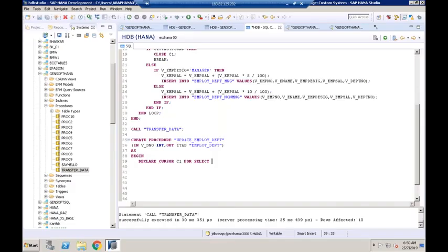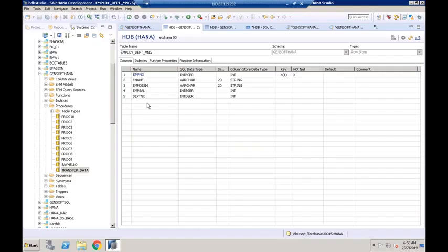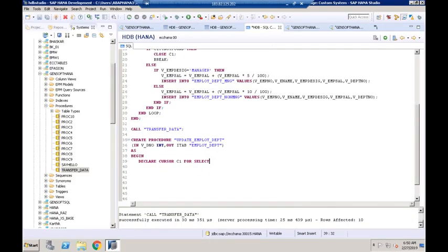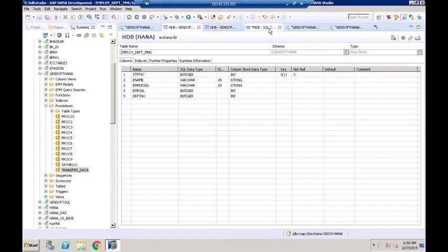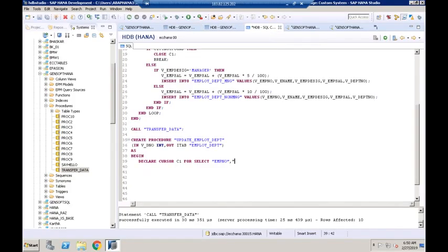Here again, I did not say star because unnecessarily, why should I refer to all the columns? I'm interested only in a few columns. I'll say select, instead of saying star here, employee number, and I'll refer to employee salary and department number. So employee number, comma, employee salary, comma, department number from